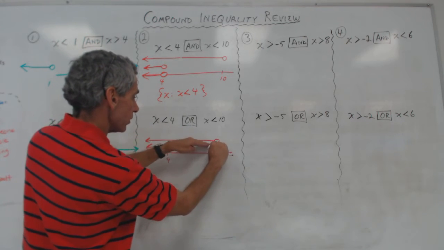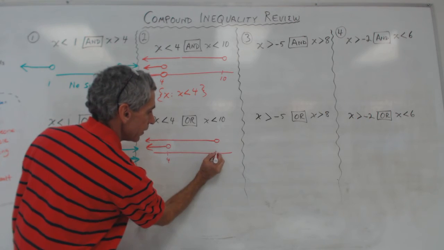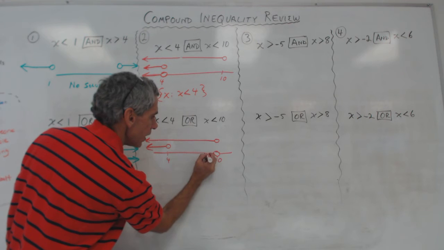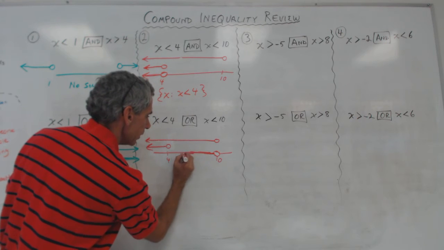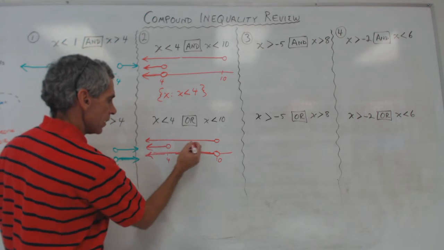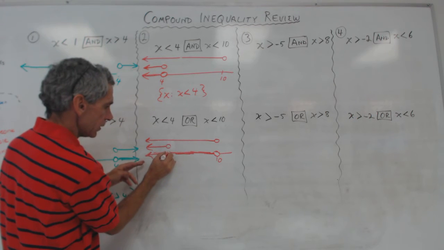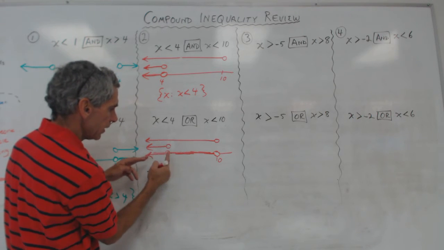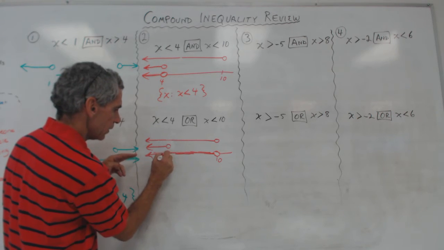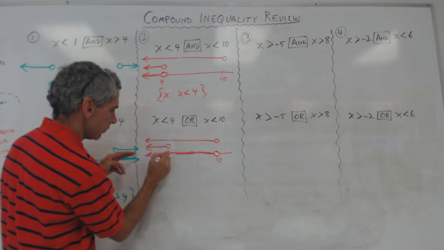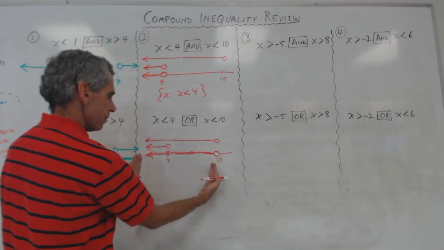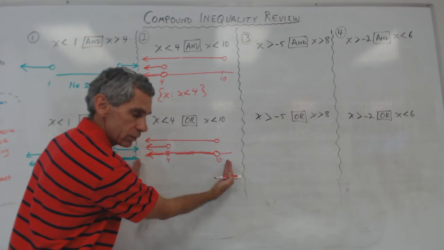So I can bring the top line down right here, right? And I can draw this line here, nice big thick line, and there's my arrow. And then I can bring this one down. It's an open circle, but look, it's already solid because of this line down here. So really, I don't even need an open circle. I have a closed circle, whatever. Because this keeps going to the left,